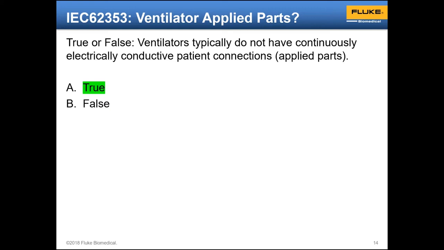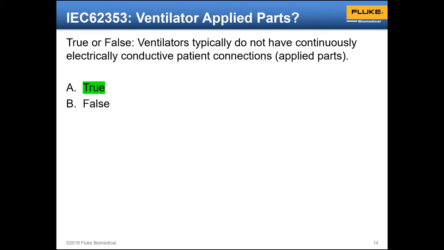It's monitoring other parameters like respiratory rate, it might display inspiratory or expiratory flow rate. It will always display the tidal volume, the inspiratory and expiratory tidal volume will be displayed. And for each mode of ventilation, those are the things that will be displayed. Sometimes you'll have end tidal carbon dioxide measurements that are being made.